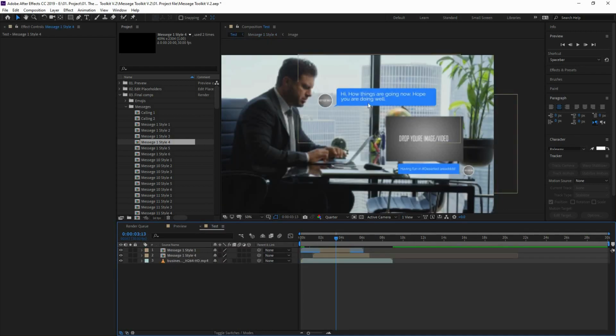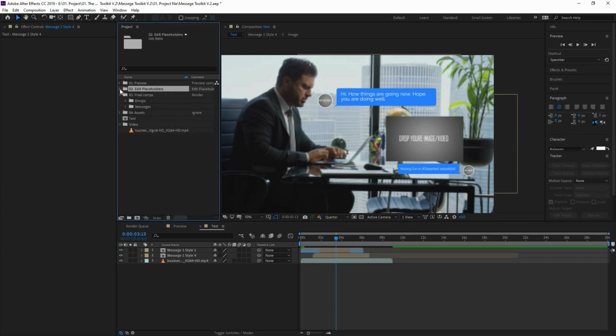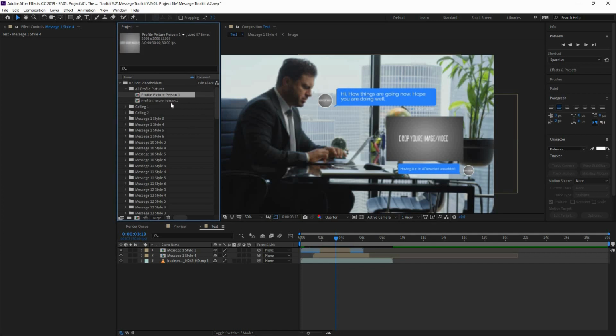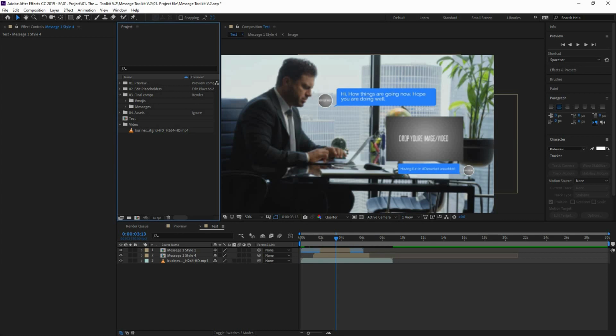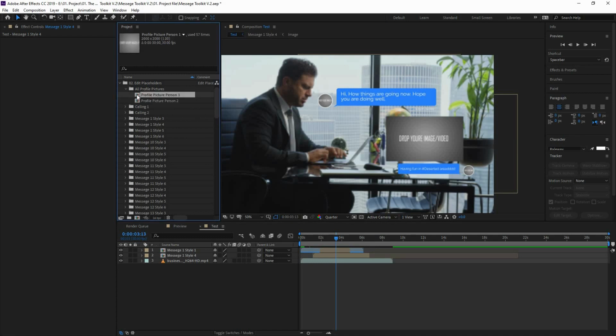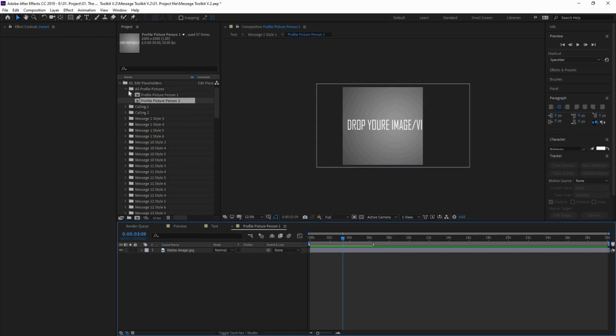Okay, now let's see how to change these placeholders. At the top, if I go to this edit placeholder, you will find all profile pictures. If you open that up, you will find person 1 and person 2. Let me change this, and then I will explain what it's doing. Import two images here first. Okay, and now I'm going to open up this edit placeholder and open up these two comps, the profile picture person 1 and person 2,